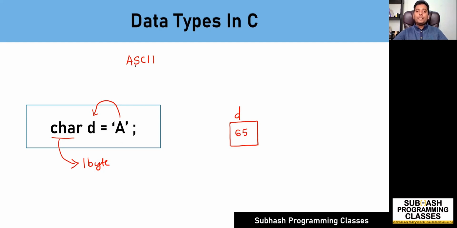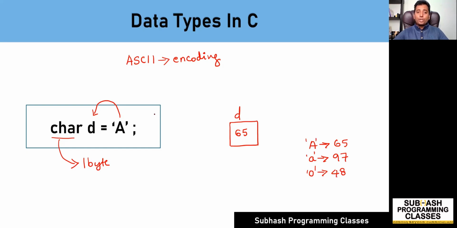ASCII stands for American Standard Code for Information Interchange, and this is an encoding scheme used by C language to represent all its characters. So in C language, all characters will be stored with an ASCII value. The character constants are not directly stored, rather their ASCII value will get stored in the memory. As an example, the ASCII value of capital A is 65, the ASCII value of small a is 97, the ASCII value of 0 is 48, and so on and so forth.